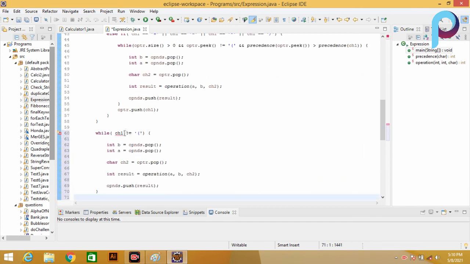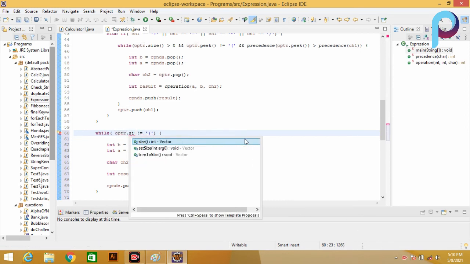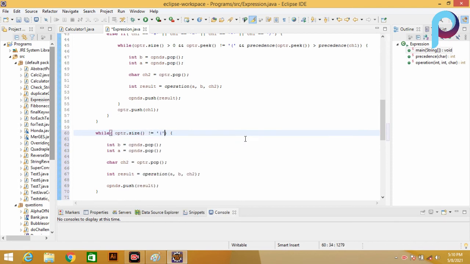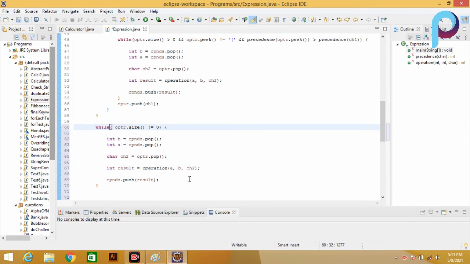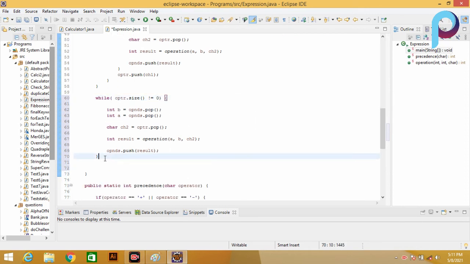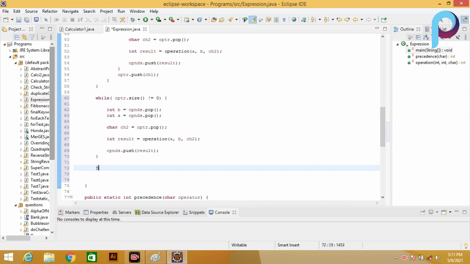So we check that if operator size is not equal to 0, then we perform the operation.